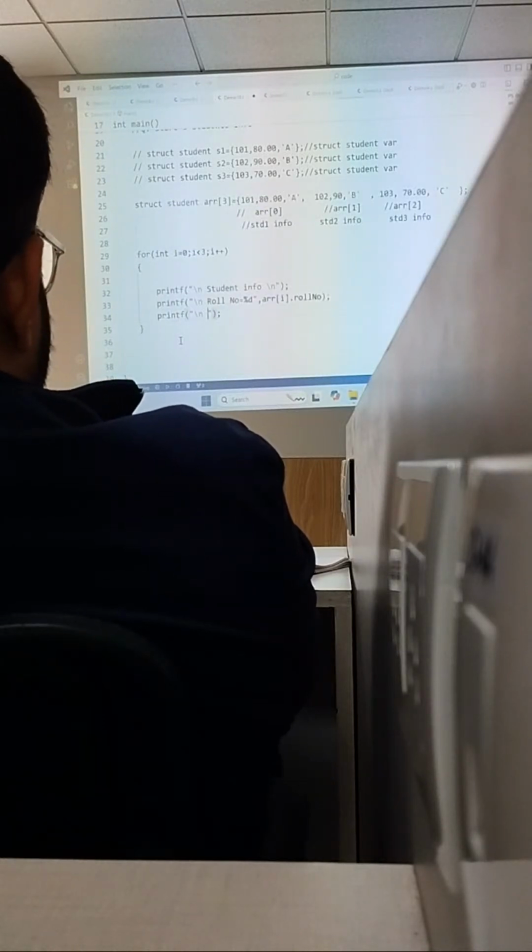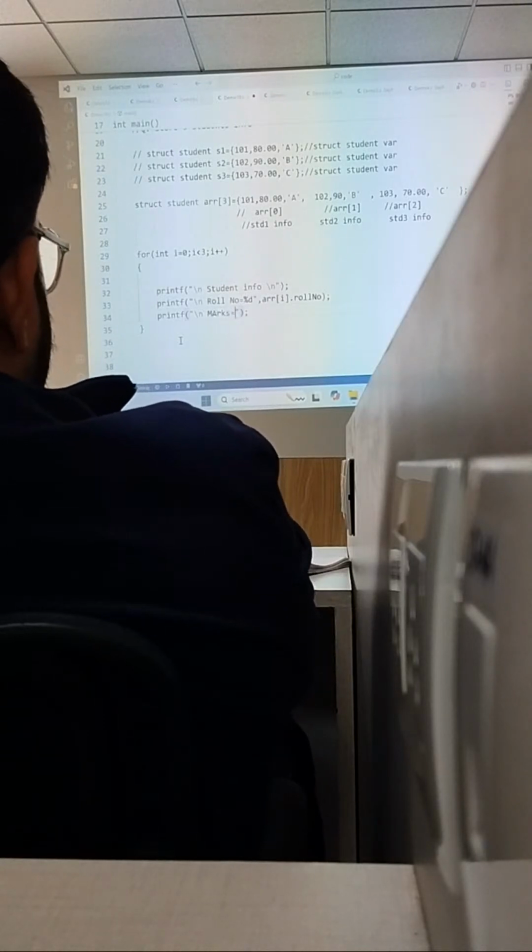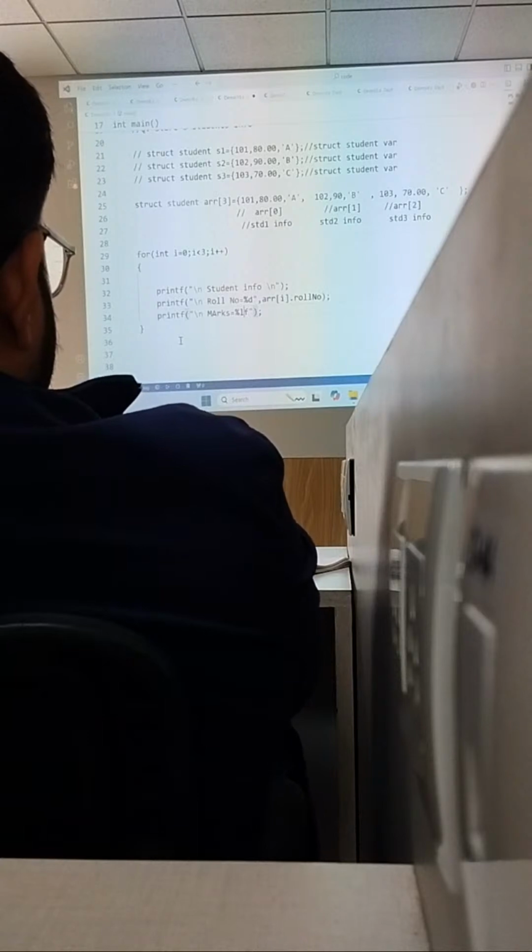How do you print the array element? Name of array followed by what? Subscript and index, dot. What do I have to print here? Roll number, right? Next printf, slash n. I need to print, let's say, marks equal to %lf, that is .2, comma arr of i